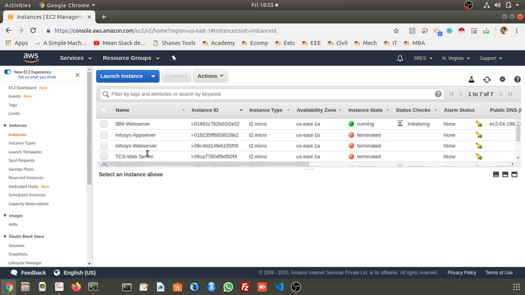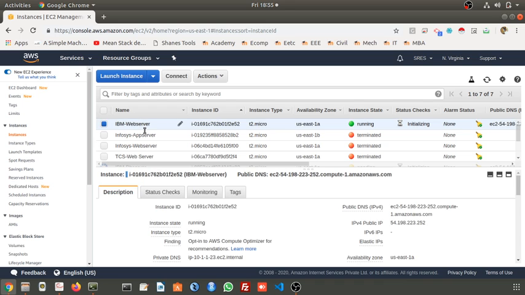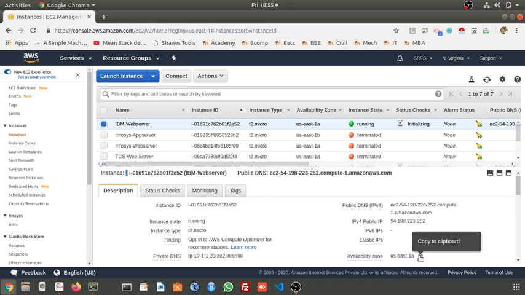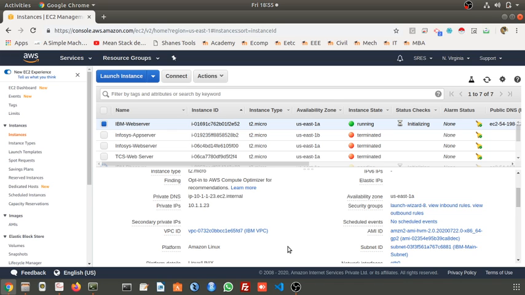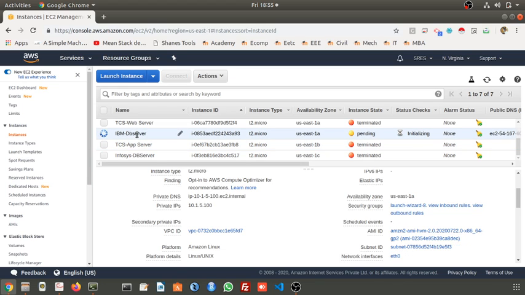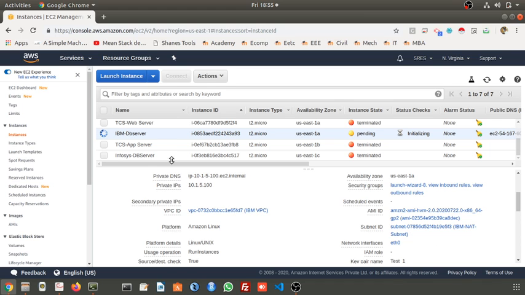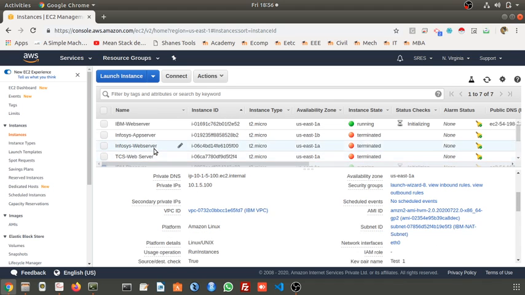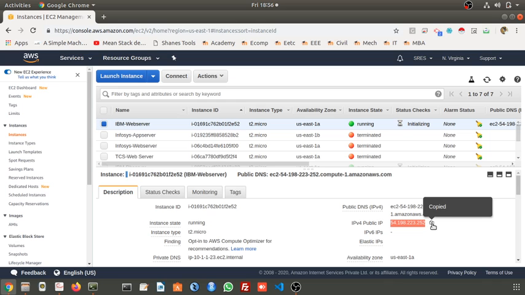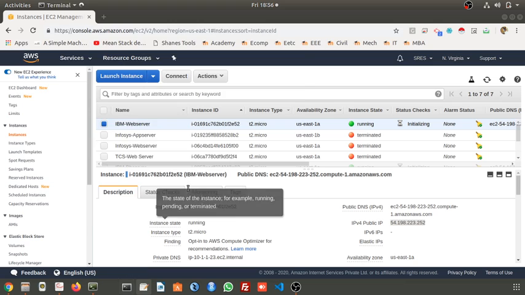One is the IBM web server, which is in the US East 1 availability zone, in the IBM main subnet. One more is the IBM DB server. See, we have given this private IP, so this is assigned. It is in the IBM NAT subnet. Now what will we do? First, we will connect to this IBM web server using this public IP. Control C.